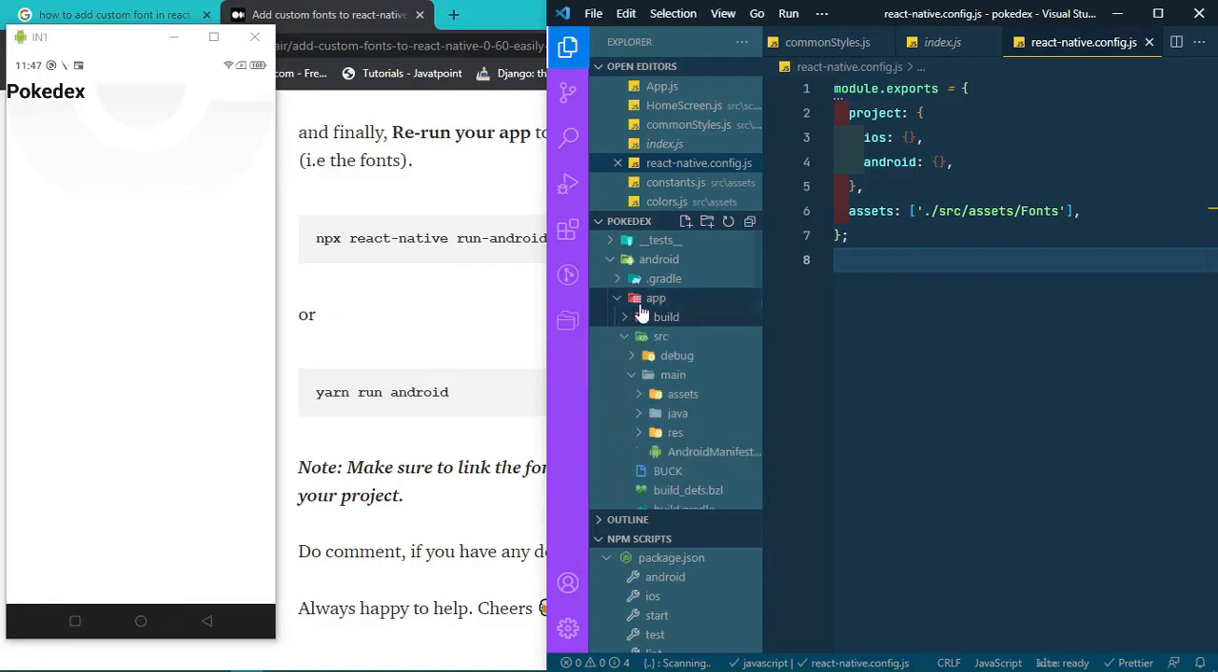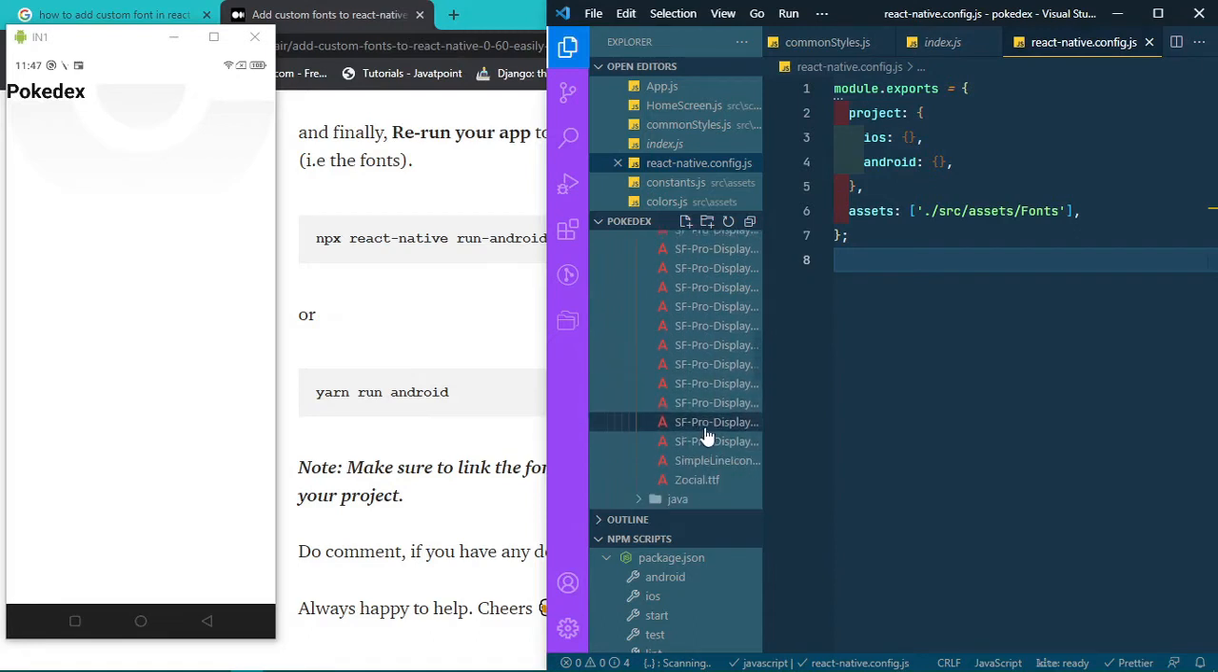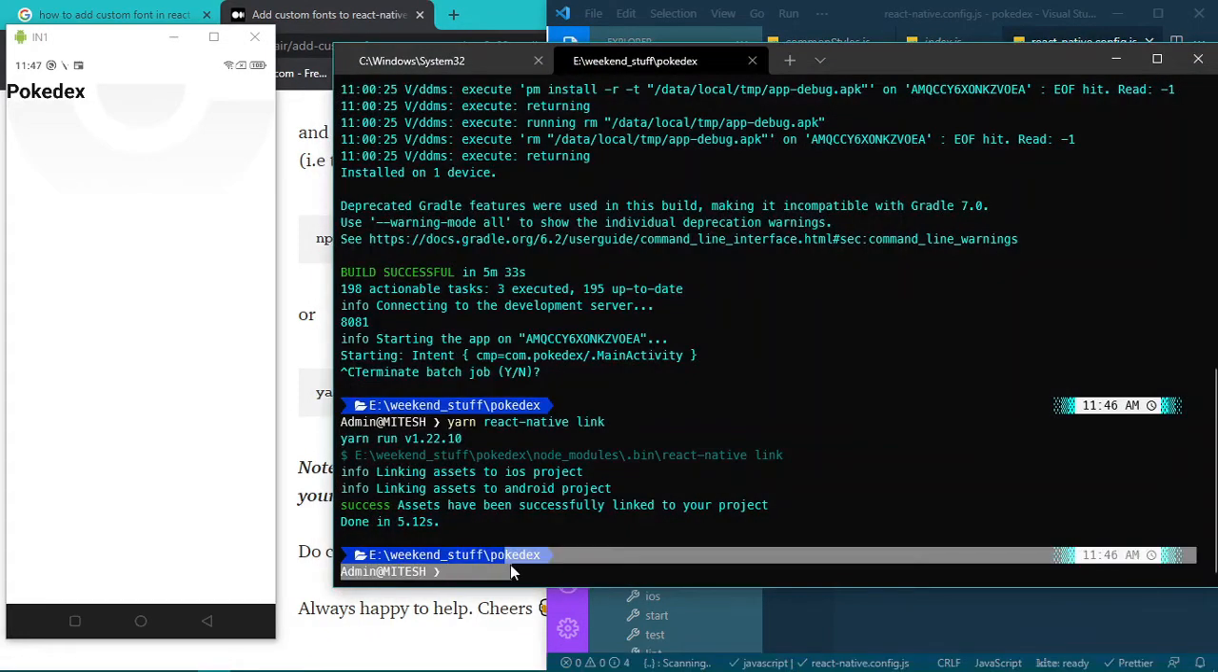Let's check if we get fonts or not. How to check? First, in Android you have to go to app. In app you have to go to src. In main, in assets, here we will get fonts. Yes, so fonts are added. After that we have to run this app again,